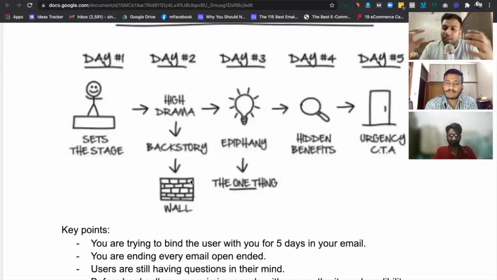That's called priming in psychology. We call this priming. This pre-frame is very important, because with this pre-frame and without this pre-frame, the audience has a completely different mindset about you, right? So number one thing, set the stage. You have to give a little bit of introduction about you, right?